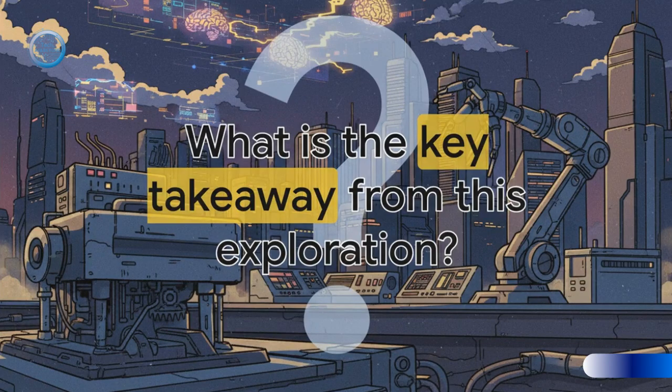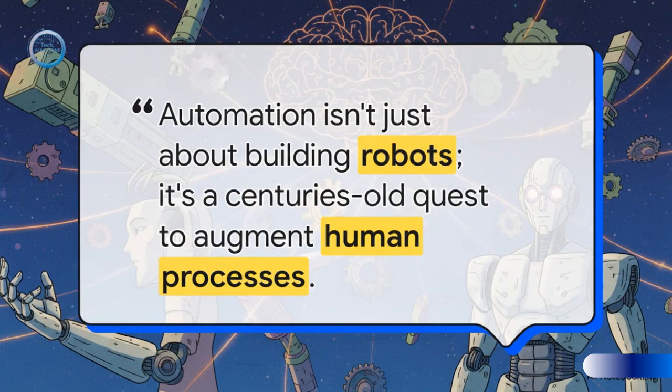Wow, we have covered a ton of ground, from the mechanics of the 1800s all the way to the algorithms of today. So let's bring it all together. What is the single most important idea that you should walk away with from this foundational explainer? This, right here, is the key takeaway. Automation is not a single technology. It is a long, evolving quest to delegate human capabilities to machines.